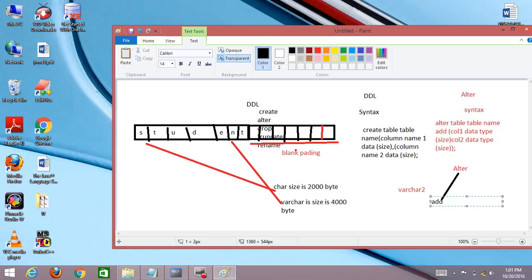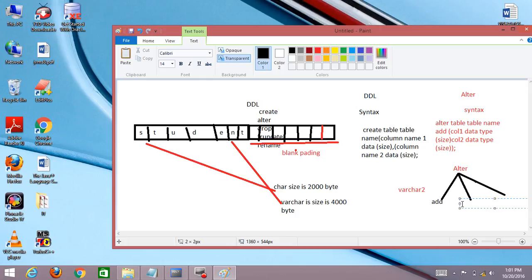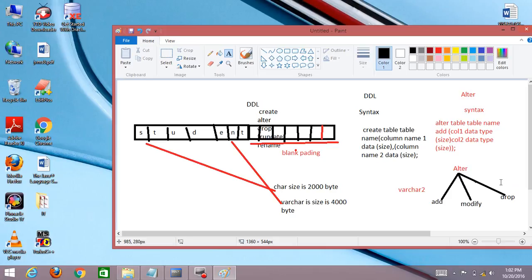Use the ALTER command, and then MODIFY, and another one is DROP. These are used in the ALTER command.